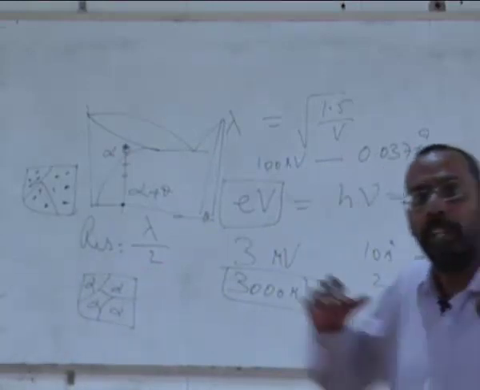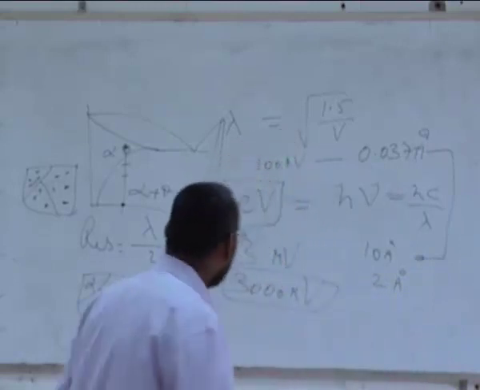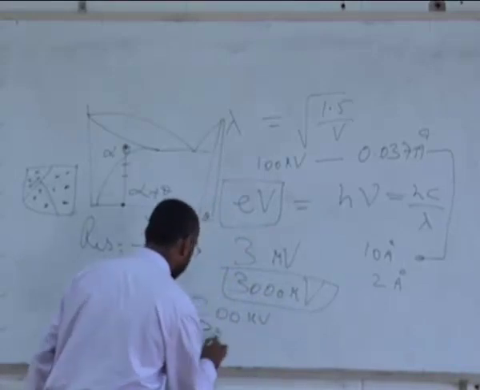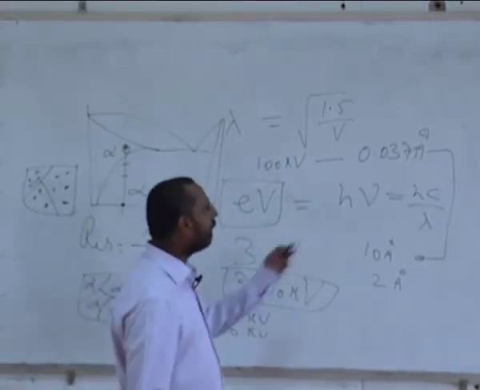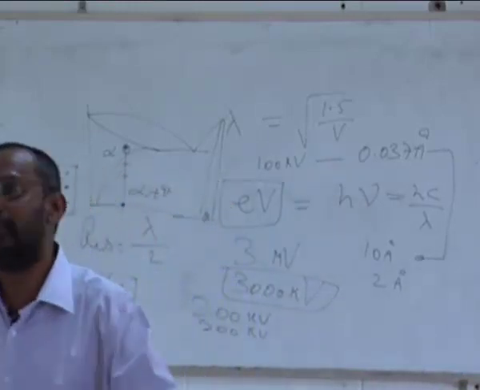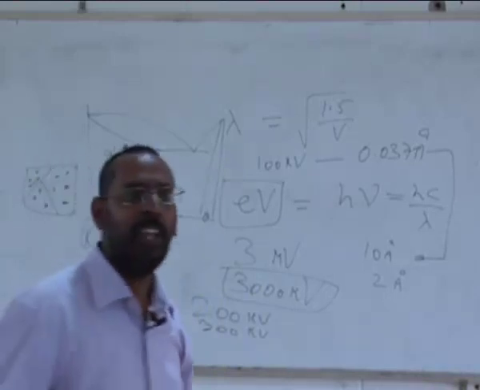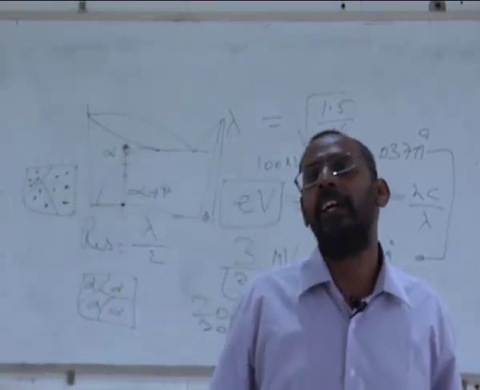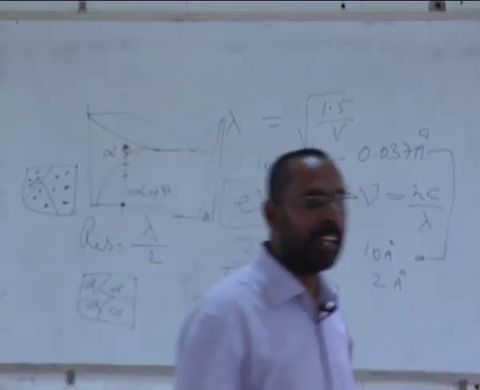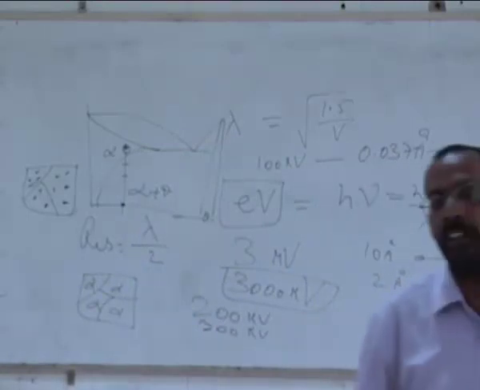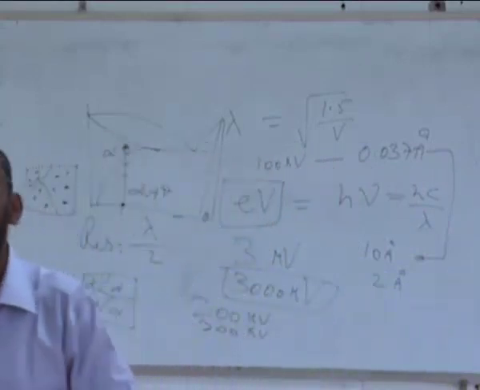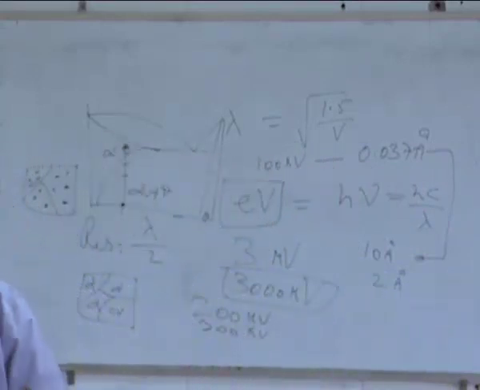So what people say is, let me reduce the voltage. So people nowadays are going to microscopes with just about 200 kV, 300 kV. But 200 kV and 300 kV will not give you very high resolutions. Then how do I increase the resolution? Then people say one way to increase the resolution is, can I correct the aberrations? Can I reduce the chromatic and the spherical aberration which the lenses used to converge the electron beam are creating? And so we have what are called aberration corrected microscopes now.